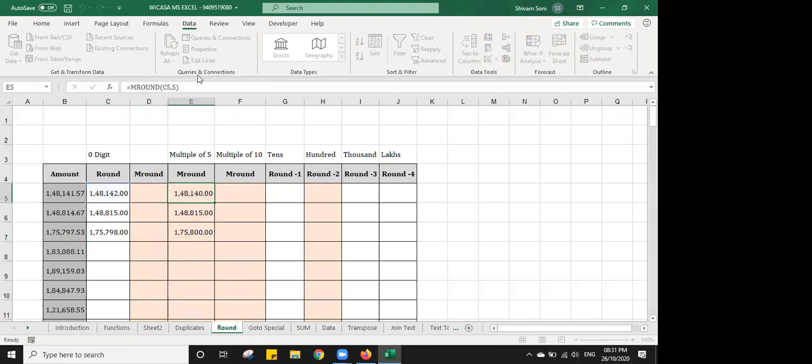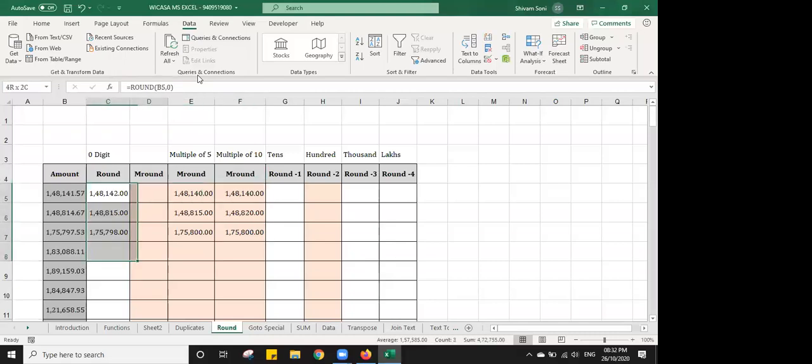In the same way, you can get the round in multiples of 10. You can select this, select 10 and press enter. You can get it in multiples of 10. Our tax liability is always paid in multiples of 10. So you can keep this formula there. Like if you have made a tax computation and there is a figure of 6,781 rupees, then it will automatically get rounded to 6,780 rupees.